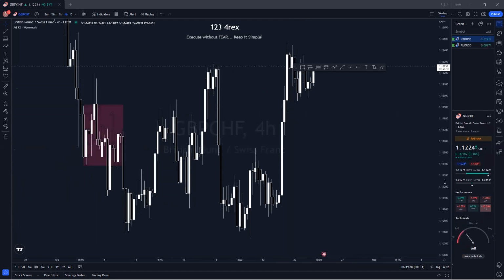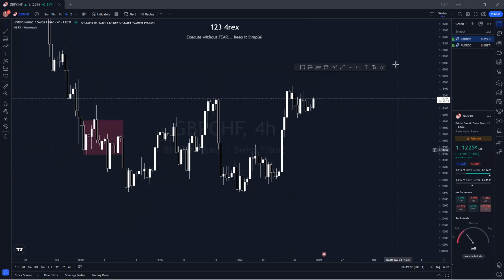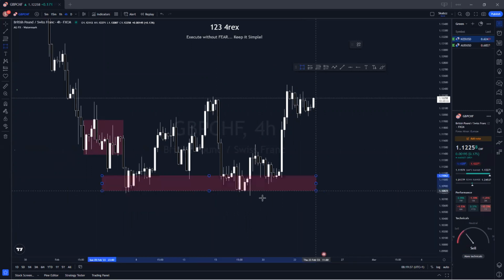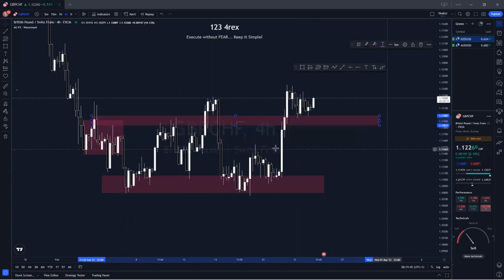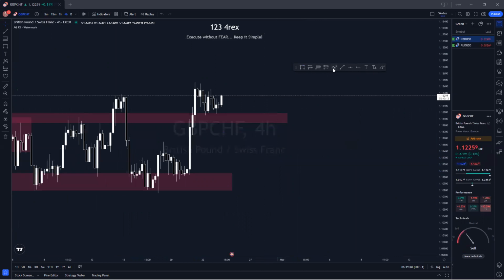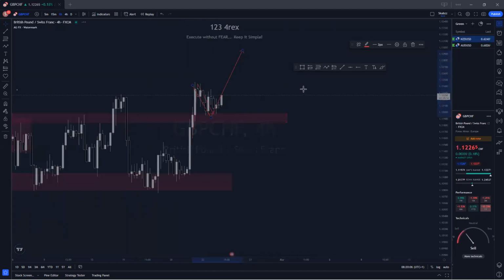The 4H on this one is actually, can I call this a range? We have these lows here that price has respected like 1, 2, 3, 4 times. Then we have this high at the top here. So for me, we're still very much inside the range, in as much as we have escaped to the top. Normally in a range, price can sometimes escape but still come back inside, just like the scenario we had here. So to be on the safer side, on this 4H, I would like to see price retest this area, then break above, before I can say it has escaped the range on the 4H.